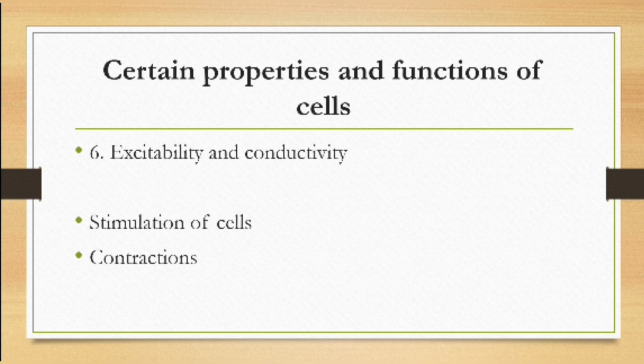Now in this, cells can be stimulated by physical, mechanical, chemical, electrical and other means to which they respond. This causes the cells to contract as in the case of muscle cells we can see. Then they produce secretions like in cells of a stomach or the endocrine glands, and then conduct an impulse, that is